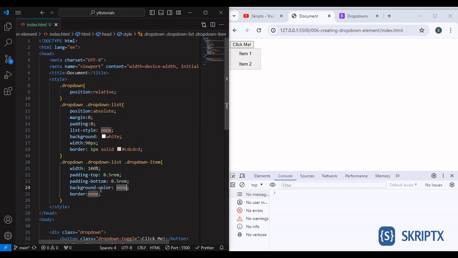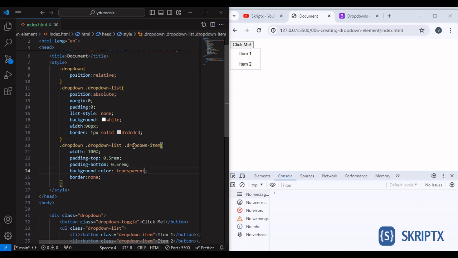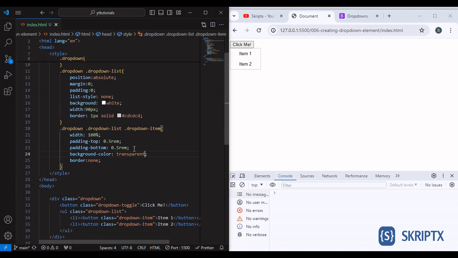And then background. Sorry, let's go for transparent. Okay, not none, transparent. Alright, perfect. Now I need a separator here. Okay, so what I will do is, so this background